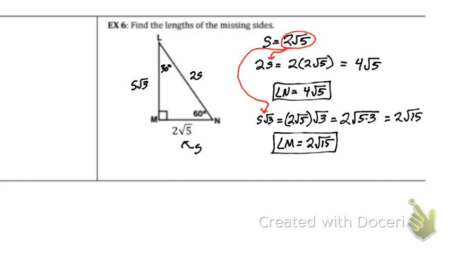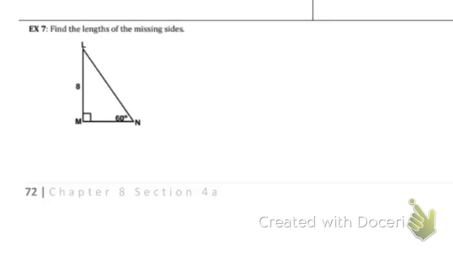Any questions how I did that? Once again, you should come up with LN equals 16 square root of 3 over 3. And you should also have MN equals 8 square root of 3 over 3. See if you get